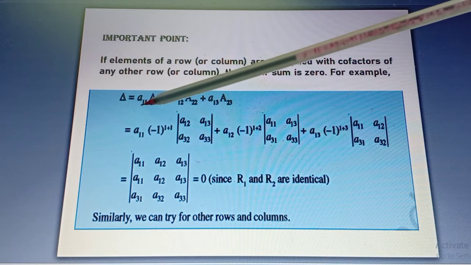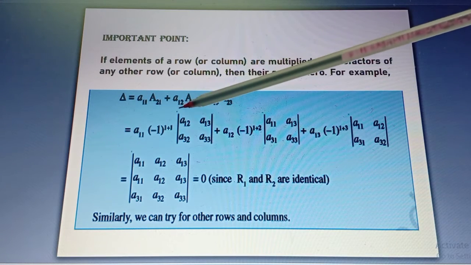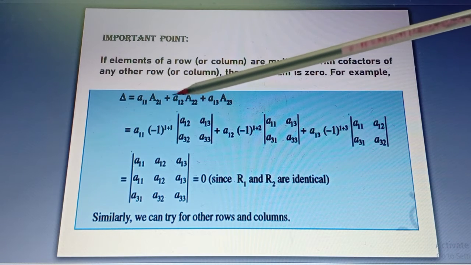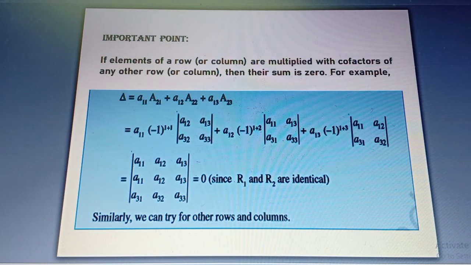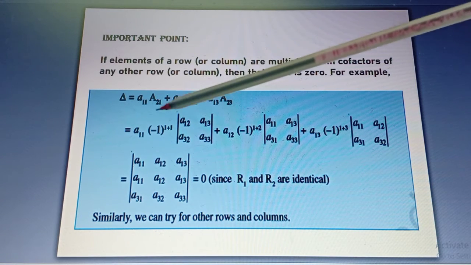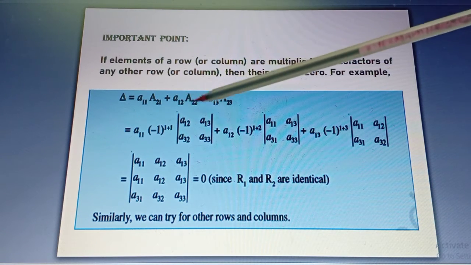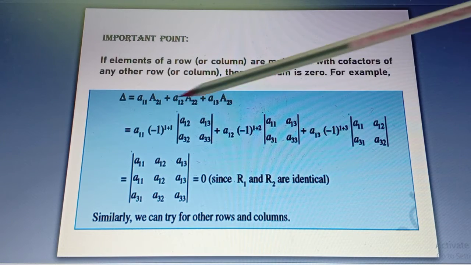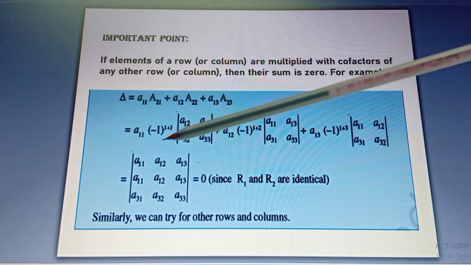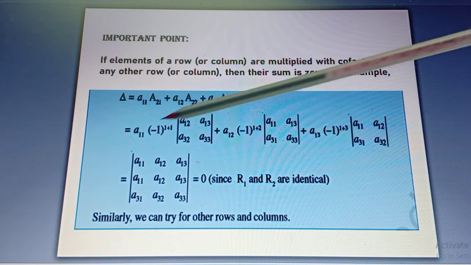These are the elements of the first row, a11, a12, a13, and we are going to multiply these elements with the cofactors of the elements of the second row. So a11 capital A21, a12 capital A22, a13 capital A23. When you simplify this, you see that this determinant will form where